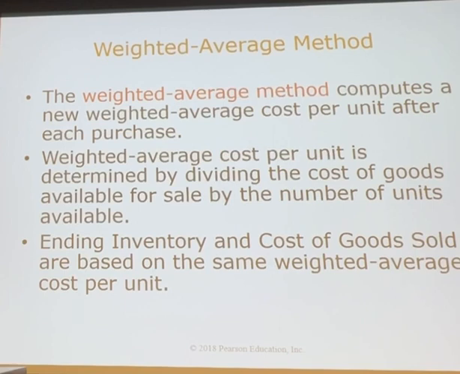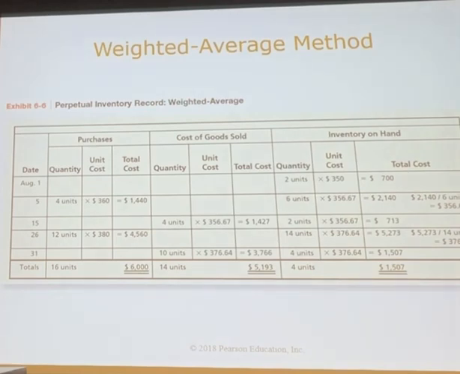So here, we start out with the same beginning inventory that we had for the other two methods that we were looking at. Then on August 5th, because we're making a purchase, we know that we're going to have to compute a new weighted average cost. On August 1st, our weighted average cost really was $350. But on August 5th,